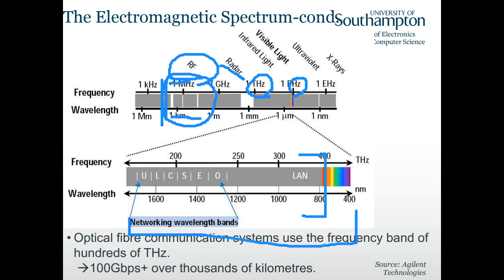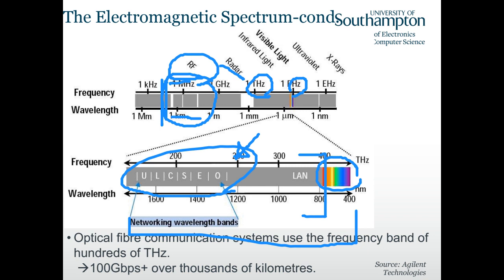In fact, when we talk about optical communication, we are using the spectrum here, which is different from the visible light. So this band cannot really be seen by human eyes. We still call it optical signal. This is because the generation of optical signal is completely different from the generation of RF signal.